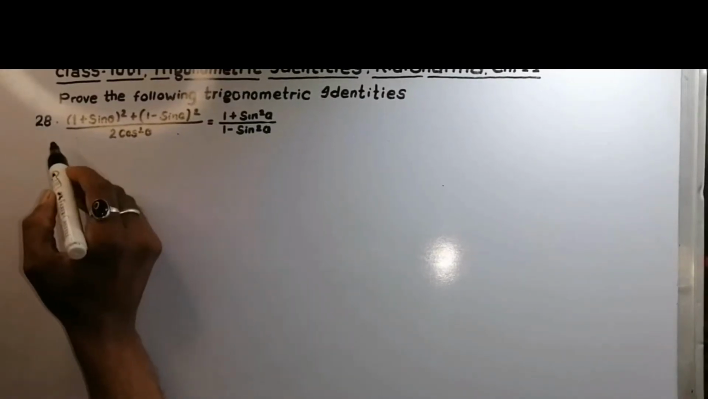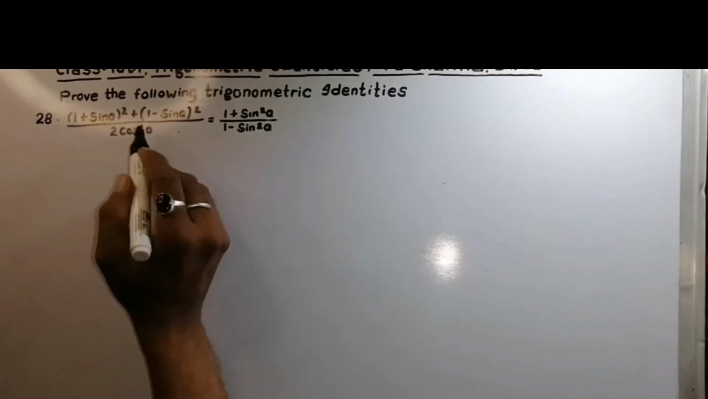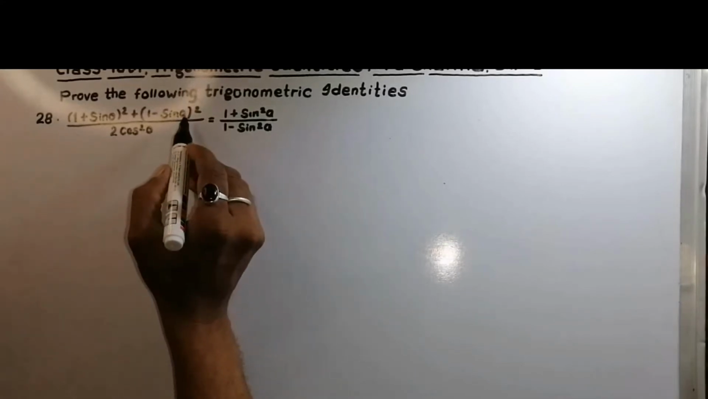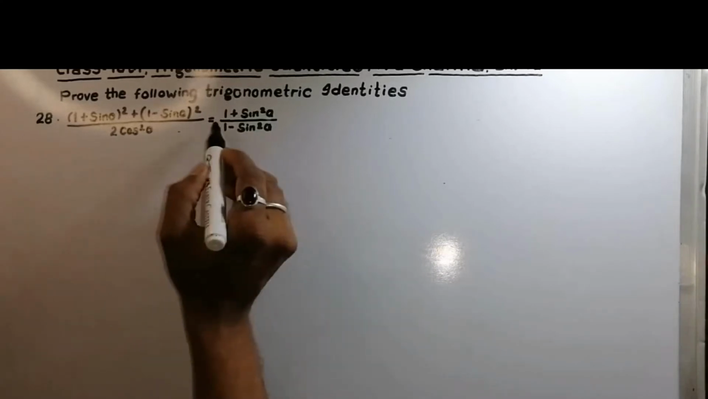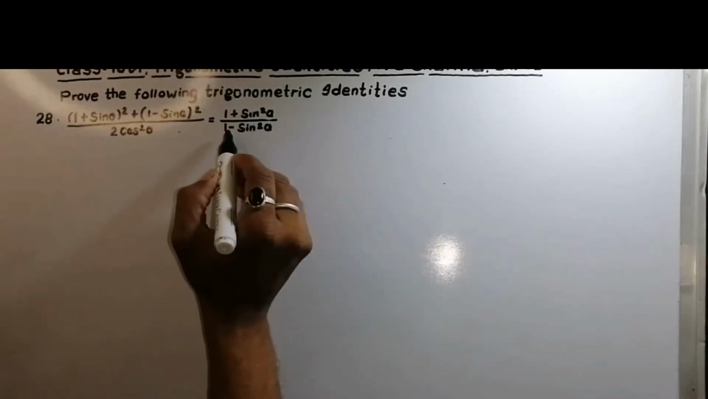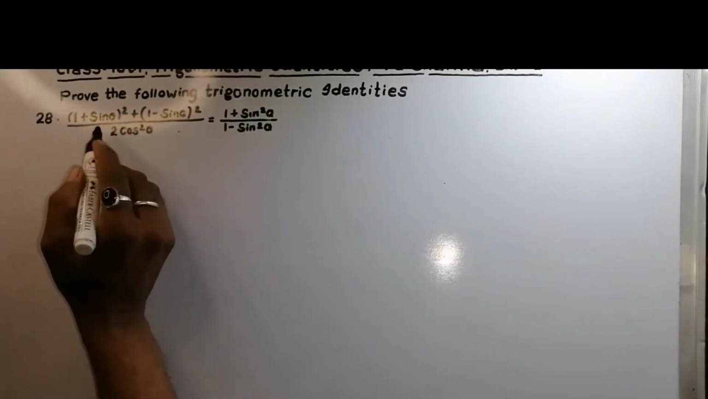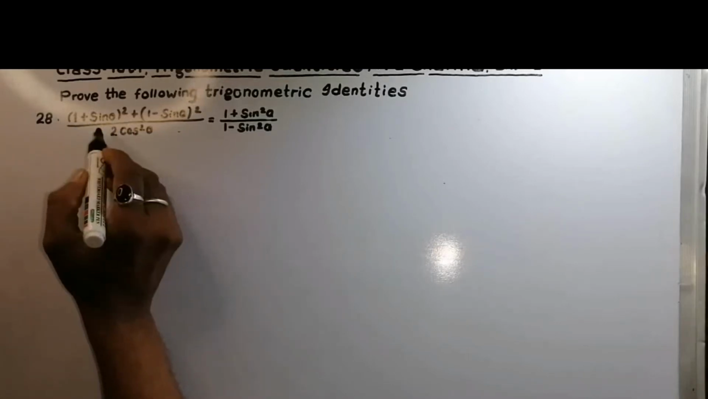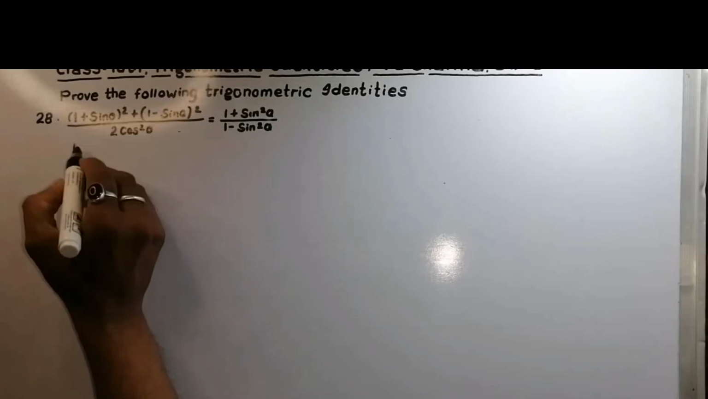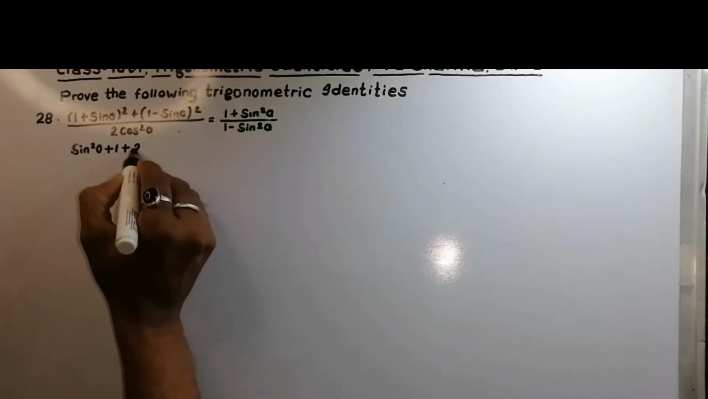In question number 28, (1 plus sin theta) whole square plus (1 minus sin theta) whole square upon 2 cos square theta is equal to (1 plus sin square theta) upon (1 minus sin square theta). So we know that (1 plus sin theta) whole square means we can write sin square theta plus 1 plus 2 sin theta,